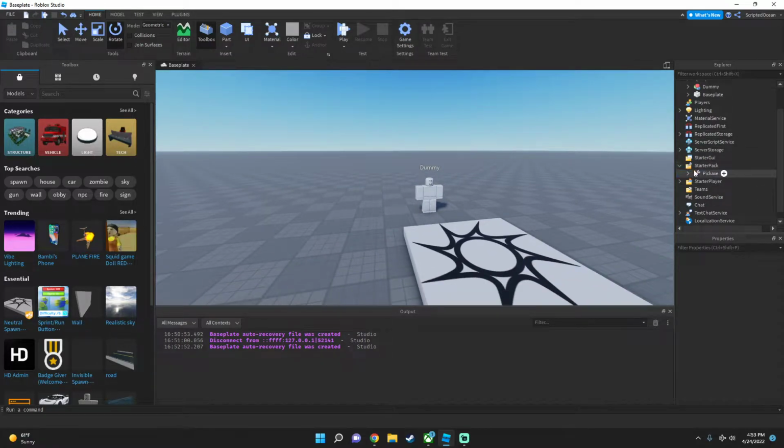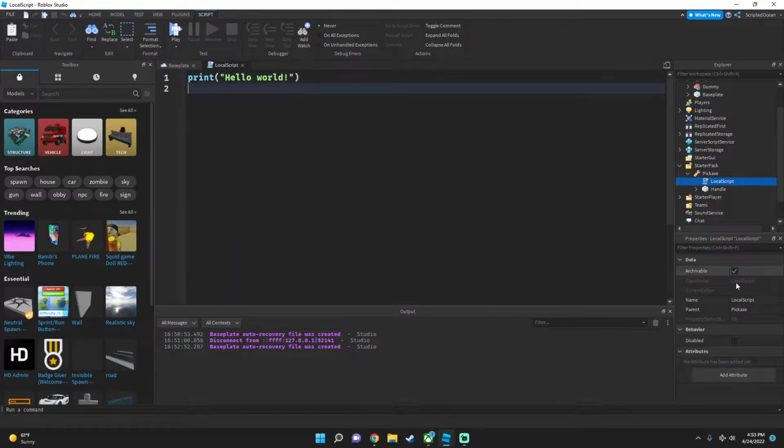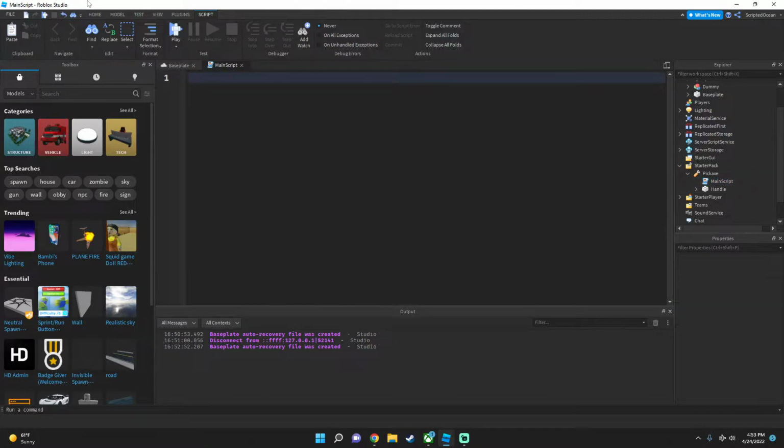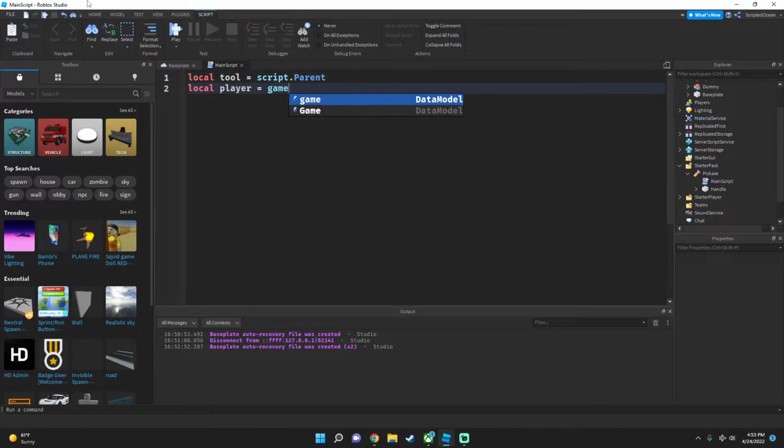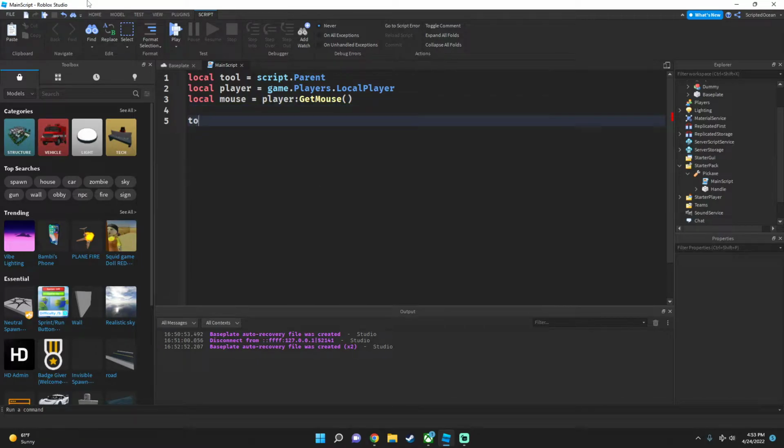So we need to go inside of our pickaxe and create a local script. We're going to call this the main script. Let's start. Let's get the player, the tool: script.Parent, local player equals game.Players.LocalPlayer. Local mouse equals player:GetMouse. For the tool, let's run tool.Activated:Connect(function). And right here, what we'll do is